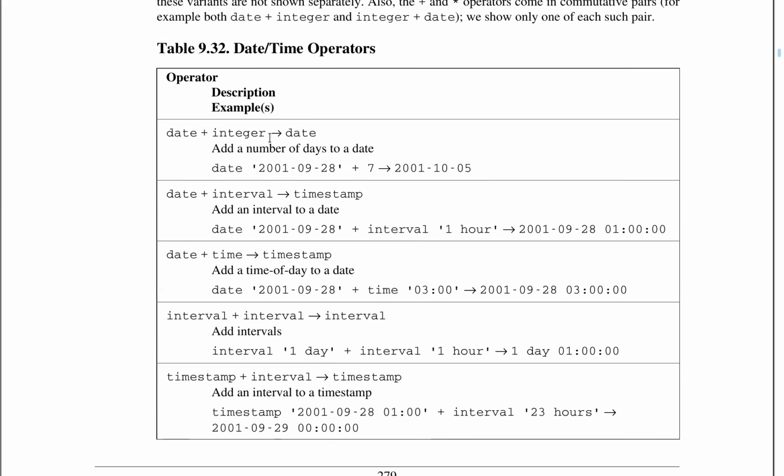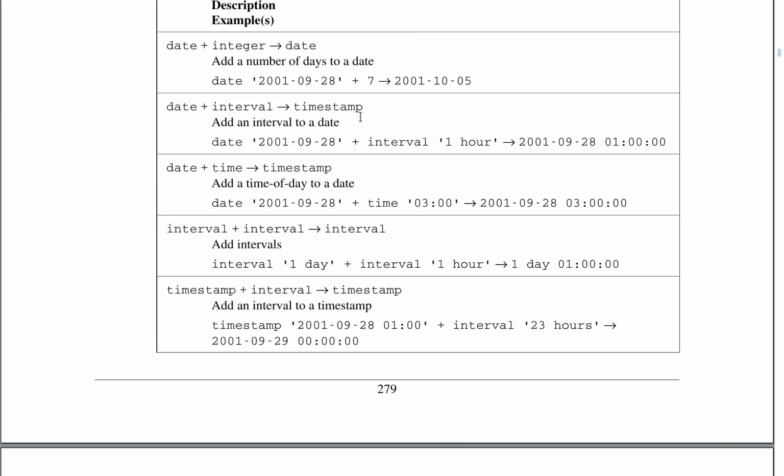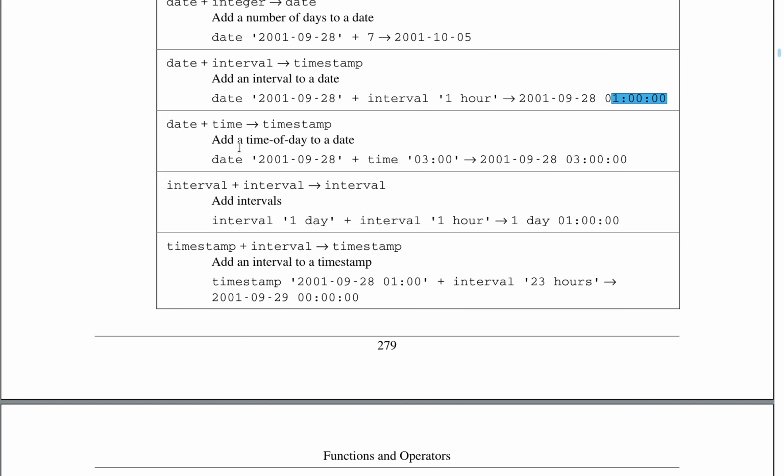So we have date plus integer, which will increase the date. If you add 7 to 28th of September 2001, you will get 5th of October 2001. We have date plus interval, which will give us a timestamp. We can advance this by 1 hour, so from midnight it will advance to 1 a.m. We have date plus time, which will also give us a timestamp. You advance the date by that time, you get morning. So whenever we have a date, it is assumed to be at midnight,